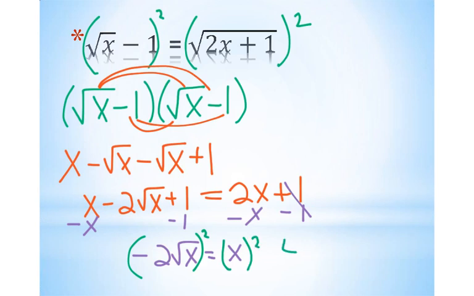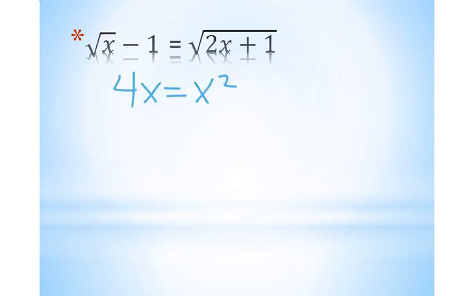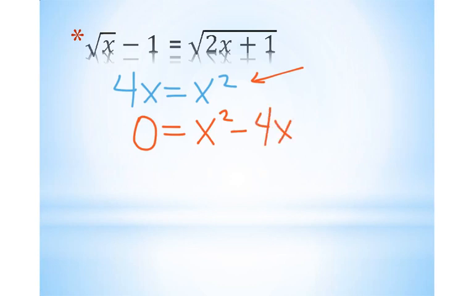Negative 2 times negative 2 is 4. Square root x times square root of x is x. On the other side I have x squared. Okay, so you might recognize this now as a quadratic equation. And so I need to treat this as quadratic equations, and how do I know how to solve that? So what we've learned is that if you get 0 on this side by moving the 4x, I can solve this by factoring. And so I notice that I have a GCF of x,